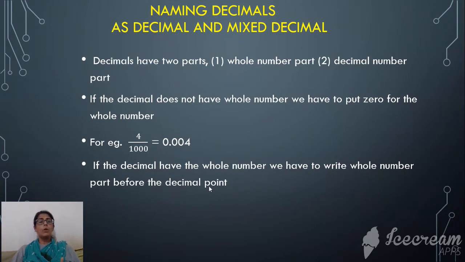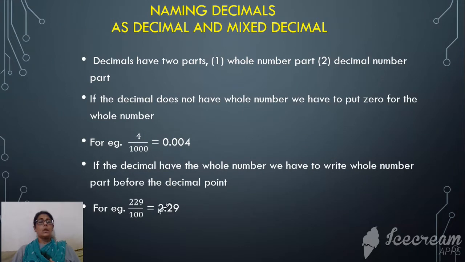If the decimal has a whole number, we have to write the whole number part before the decimal. Where we have to write the whole number part? Before the decimal. See, I am showing you the example. Here it is written 229 upon 100. So here you can check in the denominator 3 digits are there, right? And how many zeros are there? Only 2 zeros. Okay. So first digit we have to write before the decimal and after the decimal we have to write 2 digits as here the 2 zeros are there. So what we will write?